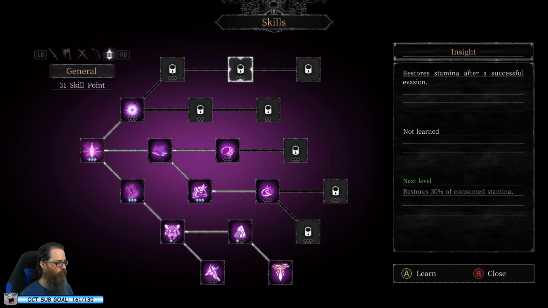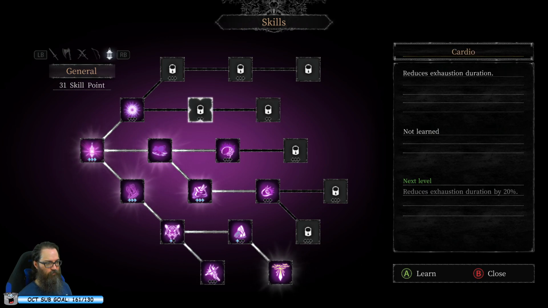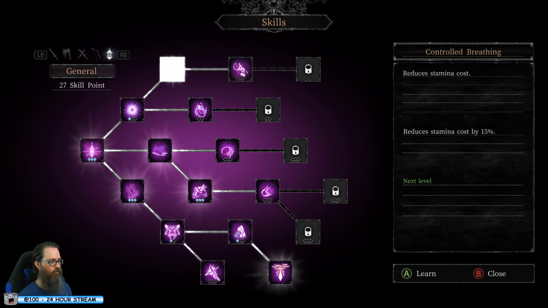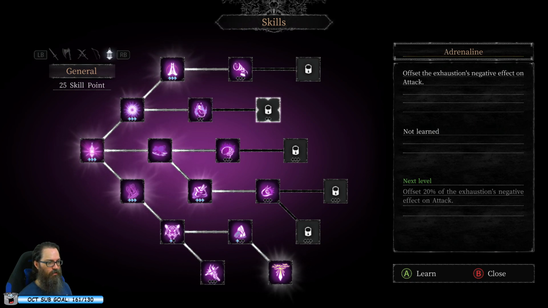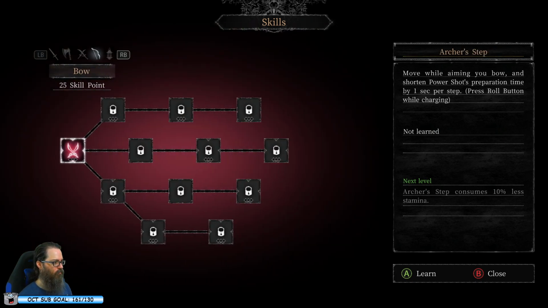Alright, so definitely want the skills that give me stamina back and reduce offset exhaustion or negative. Or at least just reduced exhaustion, and recovery rate needs to be higher as well then. And I kind of want to get up into there. Might not take that one. That one's pretty good if you get a dodge off and you get all that stamina back. What other... Okay, so where are the bow ones? We need to...